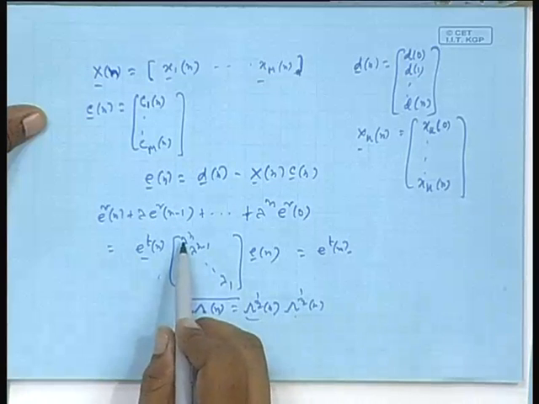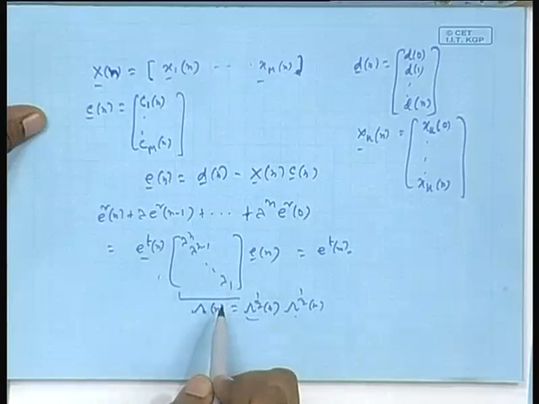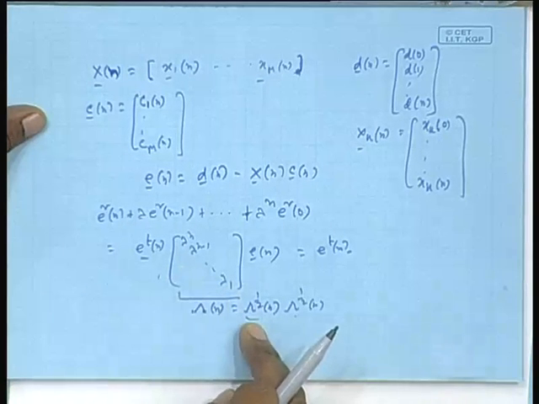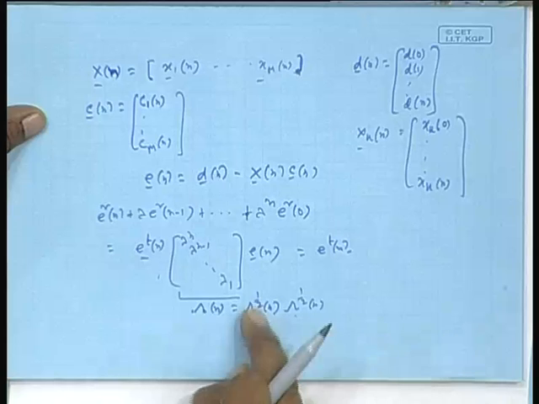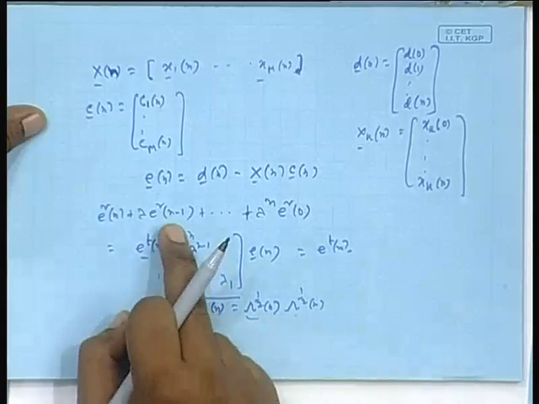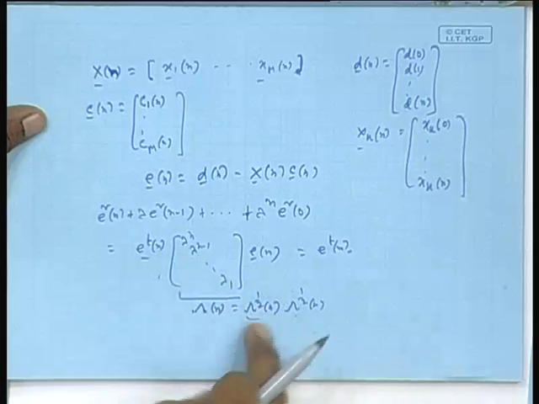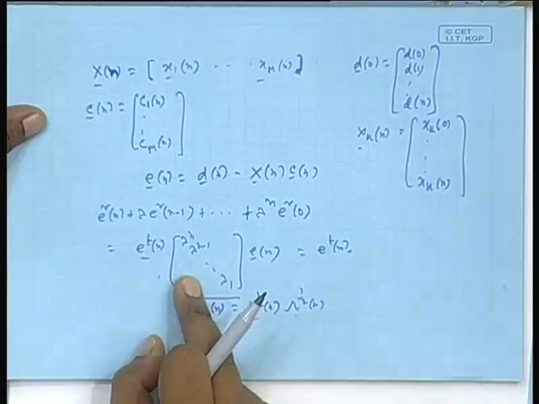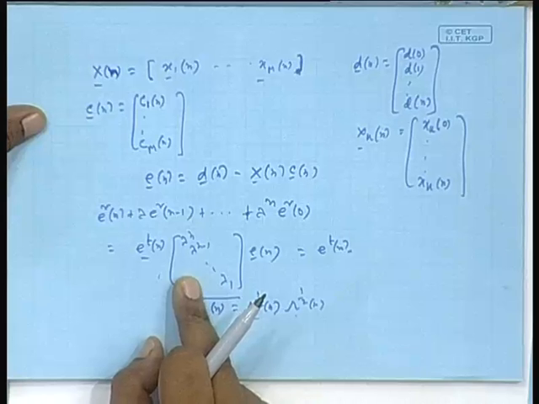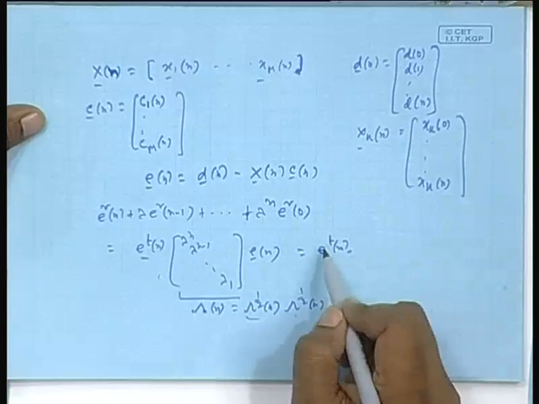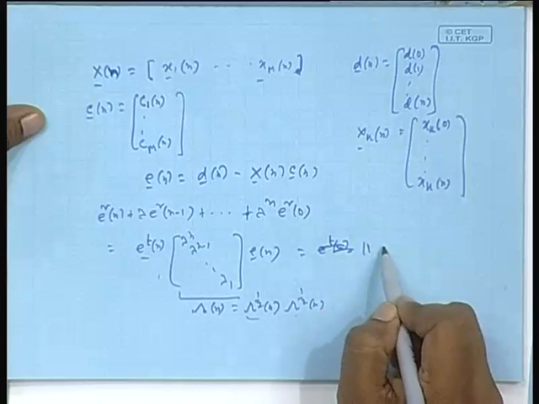Instead of lambda, I have got the positive square root of lambda. So you understand, if you multiply the two, you will get this. This is a diagonal matrix by definition. What are the entries? Same as this, but lambda replaced by the positive square root of lambda. If you multiply such diagonal matrices, you get back this. And diagonal matrices are symmetric matrices also. So then this norm square you can easily see,